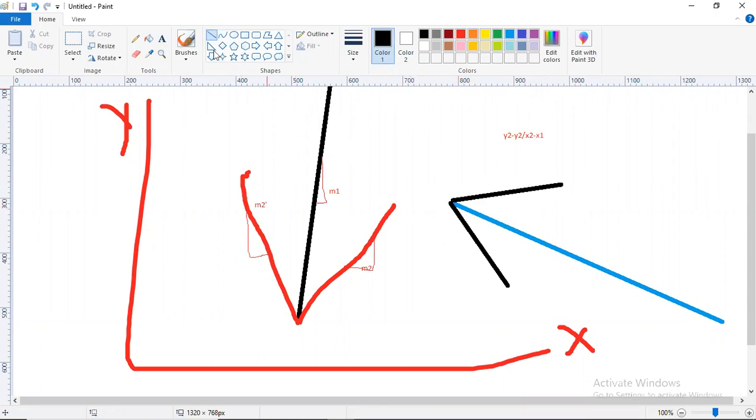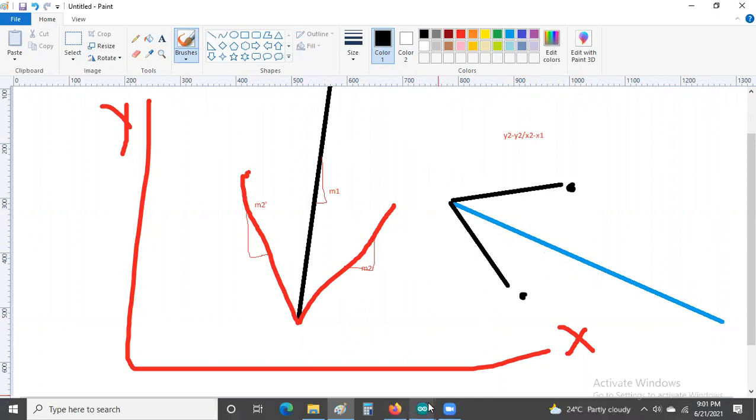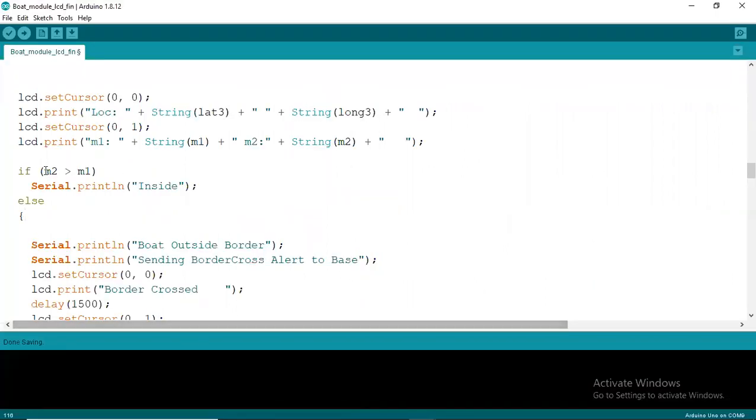Okay, so what I'm trying to tell is that you may be here or you may be here, and this is the borderline. In that case, the same equation will not work. That time you have to reverse the equation. What equation do you have to reverse? This condition. In that case, you have to put M1 greater than M2. That much only, if your borderlines are changing.